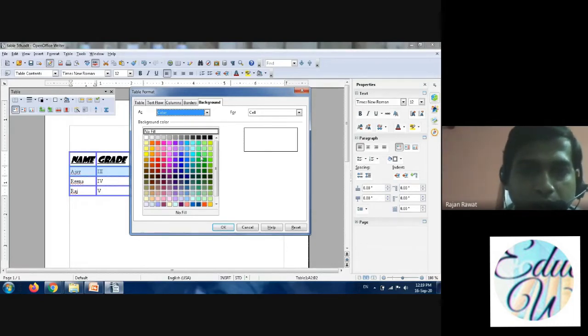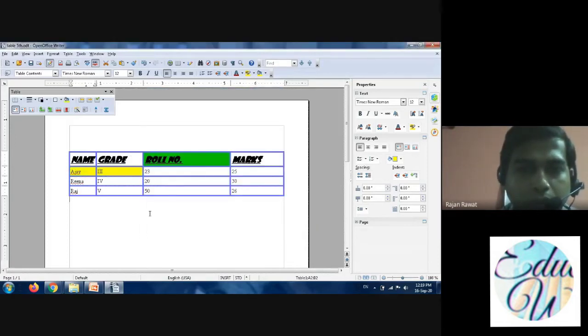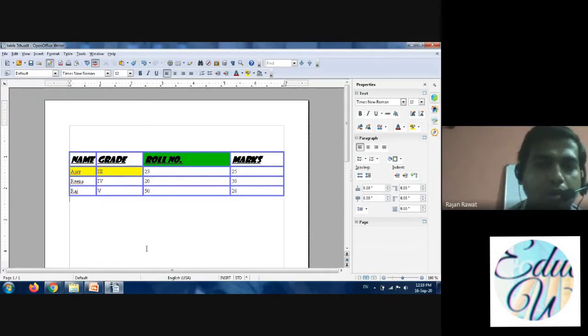Just select one color that you want to put in this cell. Then you can see the preview, that is yellow color you are going to place in the cell. Then press OK. Now you can see the cell is yellow in color. That is how you can give a color to the cell.